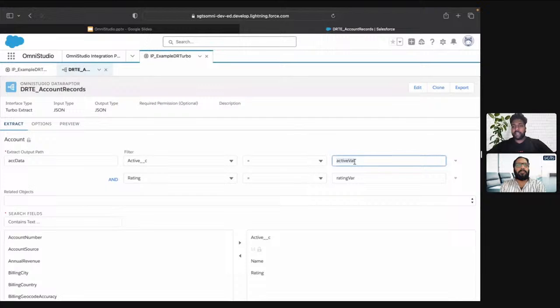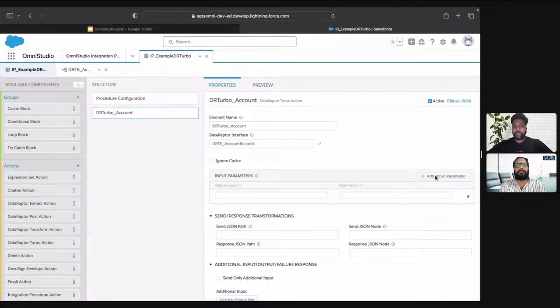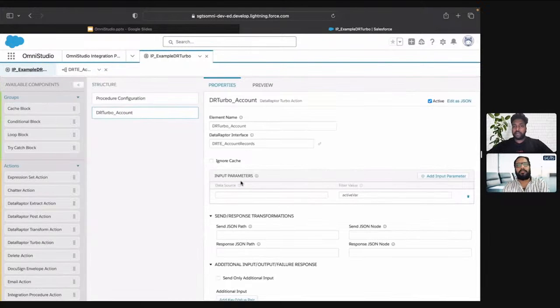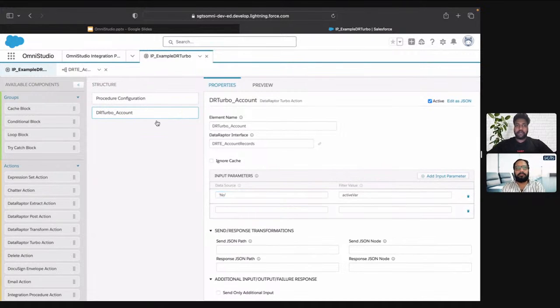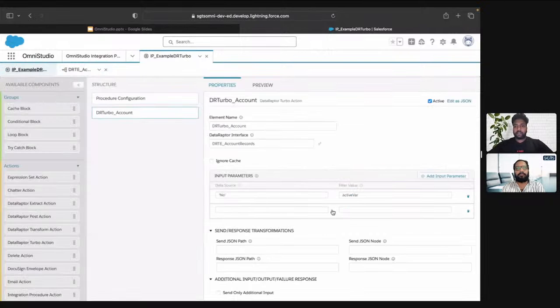So how can you pass these parameters from the IP? You can go to the input parameters, and on the left hand side, you have to write the exact parameter name that you have in your data raptor. So for example, the first parameter is active. I can pass a hard-coded value for now. And similarly, the other parameter is rating where, and the second value, let's say, is hot. Okay. And if I go to preview now,